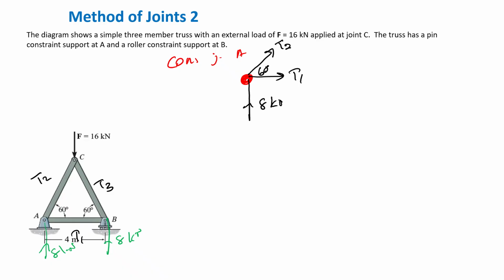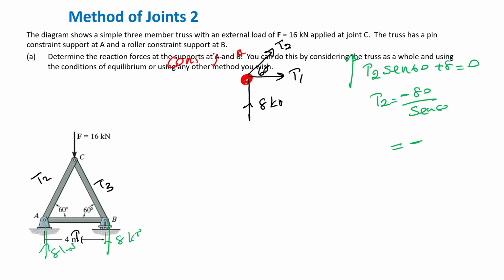But you have to find T2 first, because otherwise you have to consider the forces in the Y direction. Actually, I find the T2. So T2, how did you find it? T2 sine 60 plus 8 is equals to 0. So T2 is equals to negative 8 divided by sine 60. So that will be 9.23